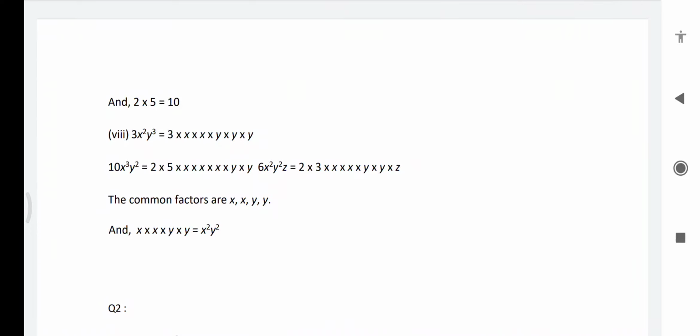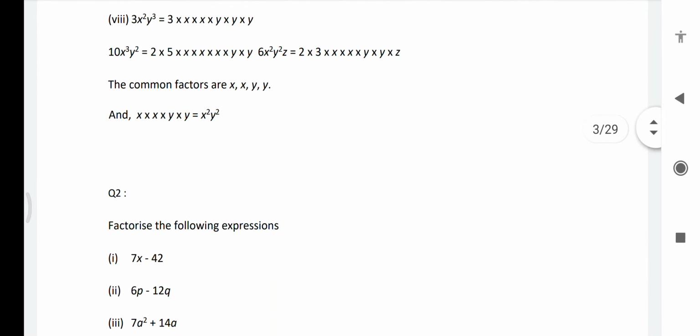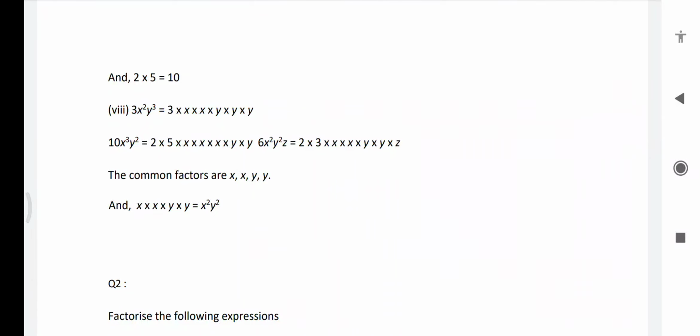Now do common. 2 and 2 are in last and second but not in first. So x 2 times is common in all the 3. Xx, xx, xxx. And same thing y is common in all the 3. So the answer will be x multiply x multiply y multiply y, that is x square y square. In this way we have completed question 1 today.